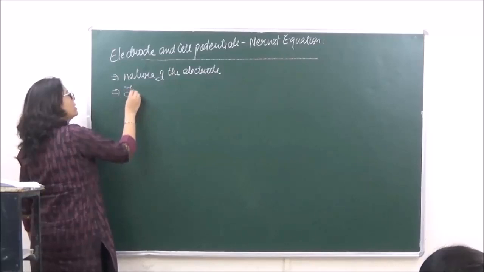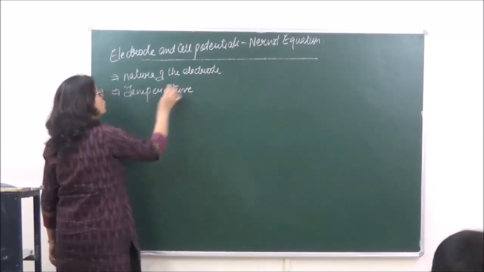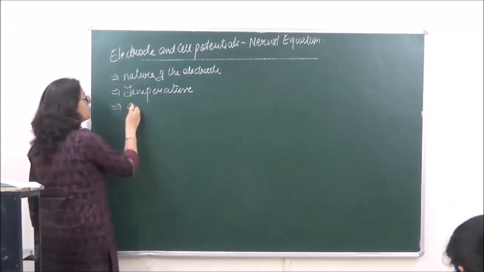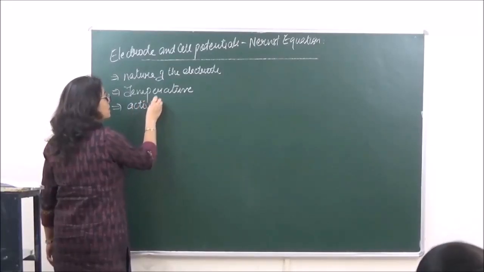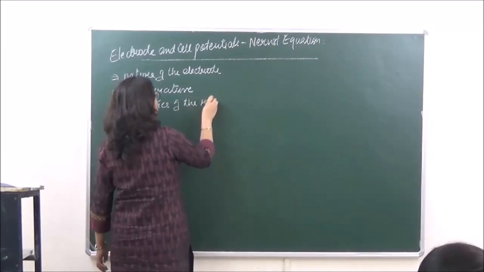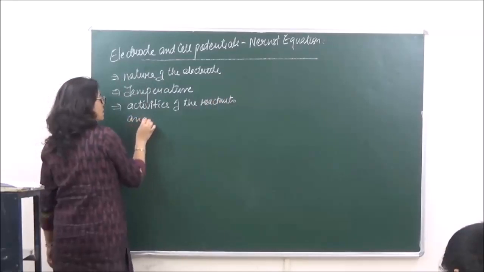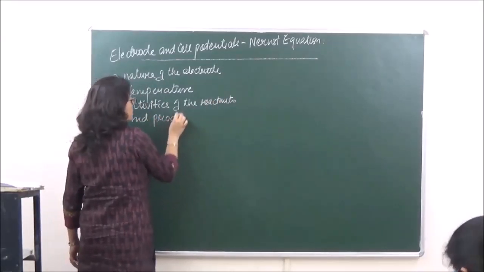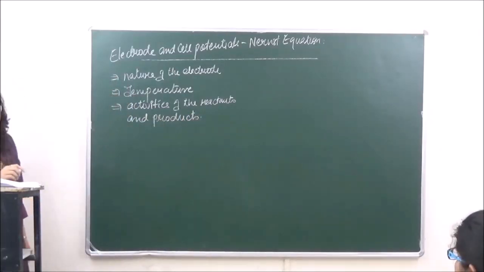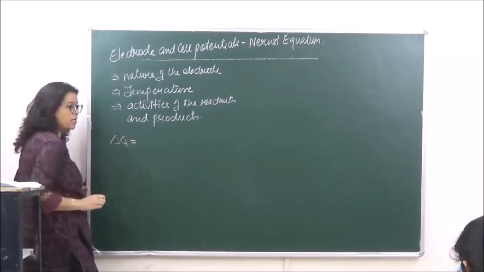It will depend upon temperature, and also it will depend upon another third thing, that is the activities or concentration of the reactants and products, right? So depending upon this, he said that for any reaction, the Gibbs free energy delta G